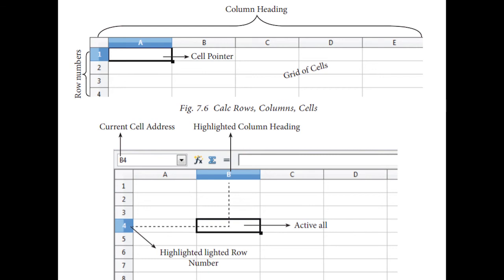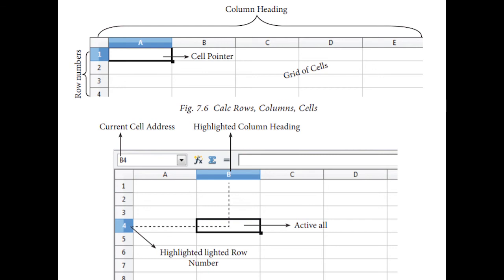In the word processor, OpenOffice Writer, we have seen that wherever the cursor is, whatever you type is displayed there. Here, whichever cell you click becomes the active cell, the cell pointer will be there, and whatever is written will be written there, right?